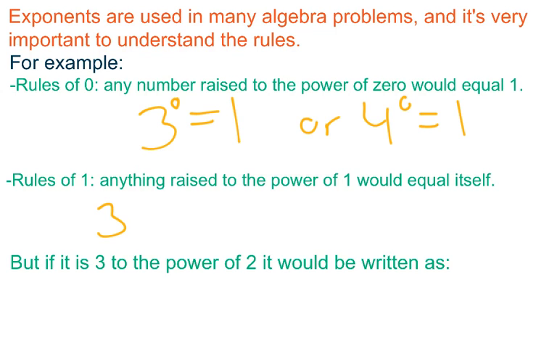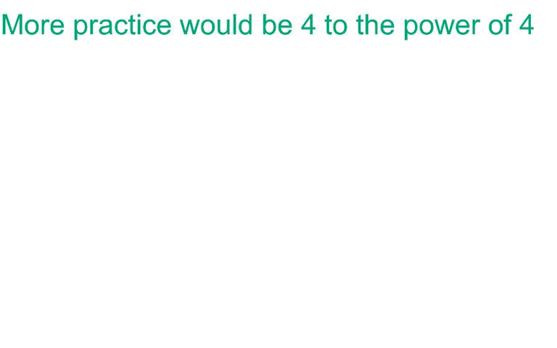So 3 to the power of 1 would equal 3 because there's only 1. So it's like 3 times itself, or 3 times 1. Or if it's 3 to the power of 2, it would be written as 3 times 3, and that would be equal to 9. More practice would be like 4 to the power of 4, which is written as 4